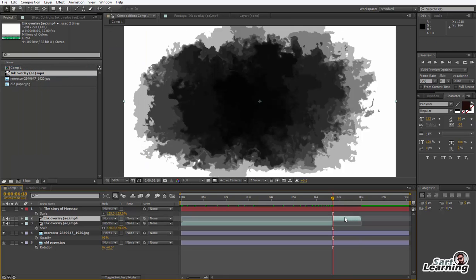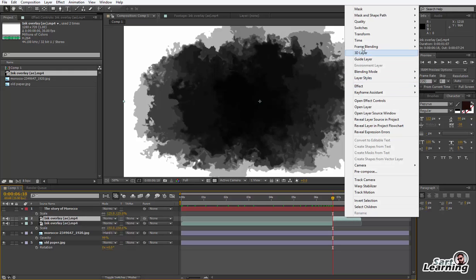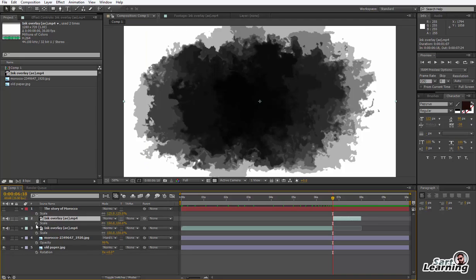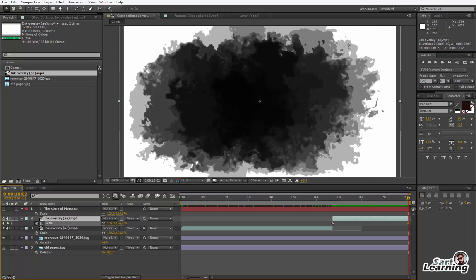Now my ink effects split into different parts, so I just freeze the frame of the last image and increase the timing and scale animate.